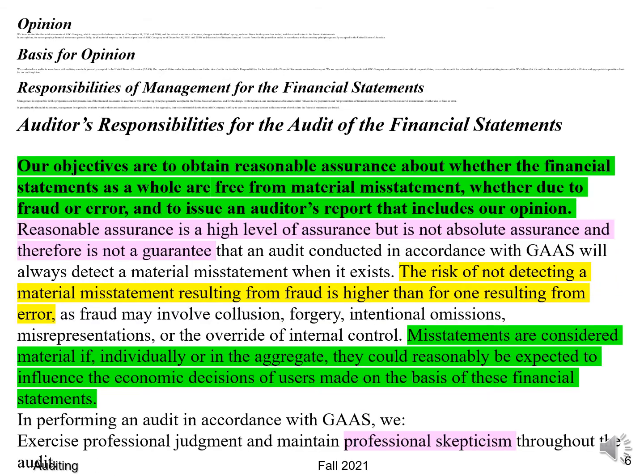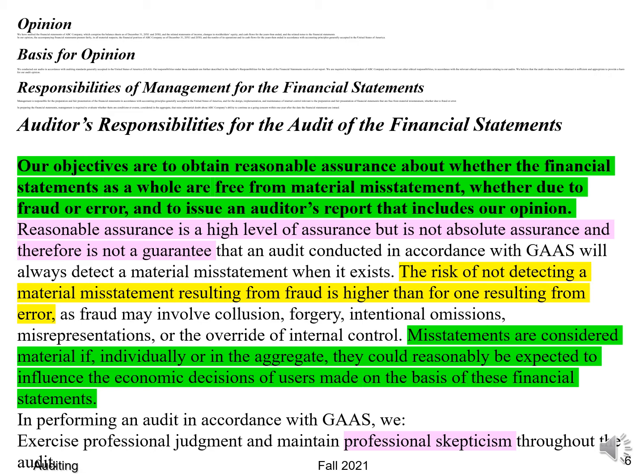They flow through the whole course. Auditor's Responsibility section. Our objectives are to obtain reasonable assurance about whether the financial statements as a whole are free of material misstatement, whether due to fraud or error, and to issue an auditor's report that includes our opinion. Wow, that's almost the same